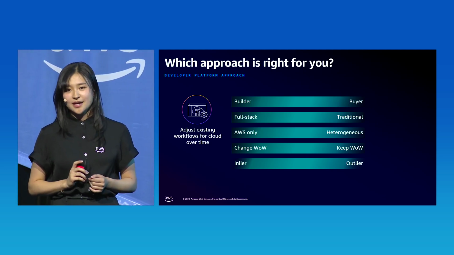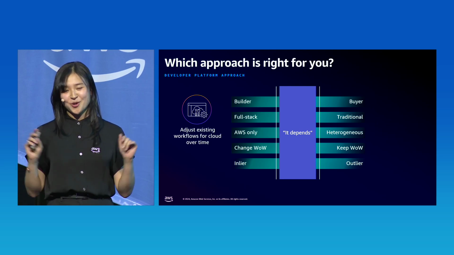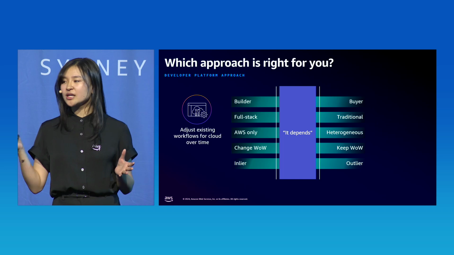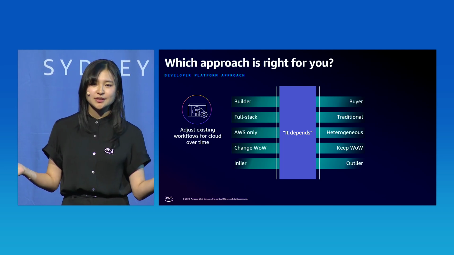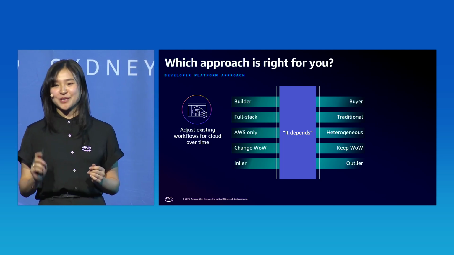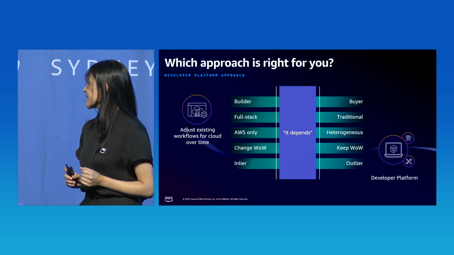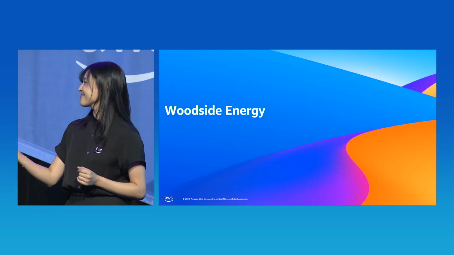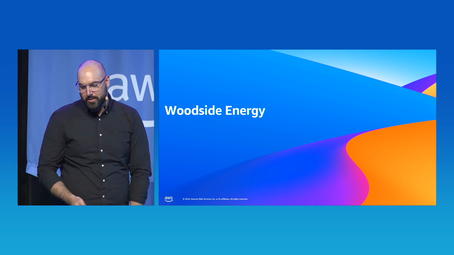In reality, this is where the majority of customers will fall, in the it depends zone. You want to provide engineering freedom, but at the same time, you want to keep your existing ways of working. But again, you're open to change, no matter how gradual. But this is why it's ultimately a judgment call, and also why the developer platform approach is the approach taken by the majority of organizations. That definitely rings true for our organization. We sit somewhere in that it depends zone.